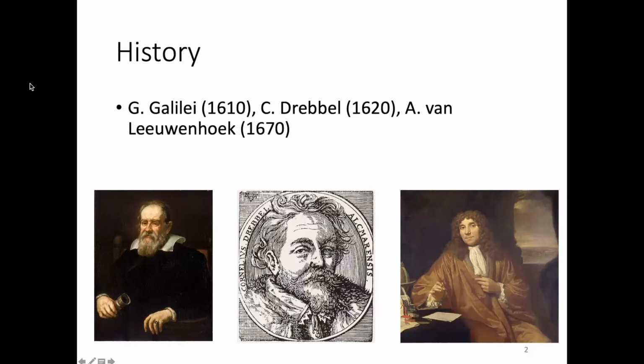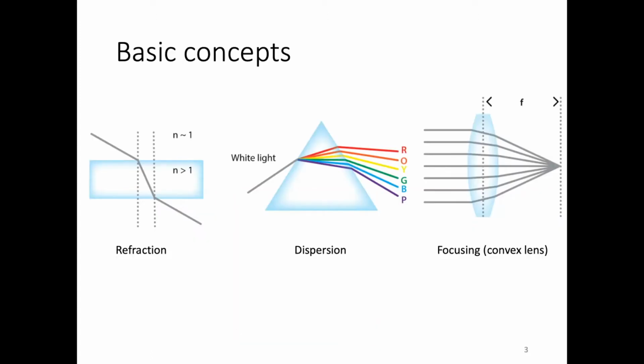So a little bit of history. Of course, you know Galileo Galilei, who in 1610 already started working on microscopy, and these are some of the others. Antony van Leeuwenhoek is the one who first did some biological examples with a microscope. So before I start talking about high-resolution microscopy, we first have to go back to some of the basics of